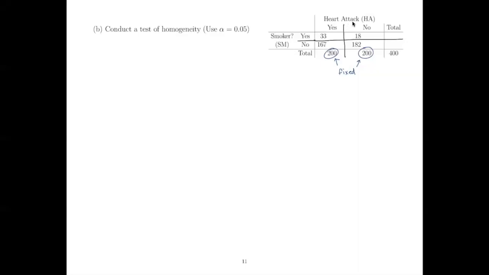So let's say that we wanted to do a test of homogeneity on this data set. Reminder, we're doing a test of homogeneity because the column totals are fixed. So let's just write out what the null and the alternative hypothesis are. When we're doing a test of homogeneity, we're looking at whether the proportion is the same between the two groups. So the null hypothesis here is that the proportion or percentage who smoke is the same